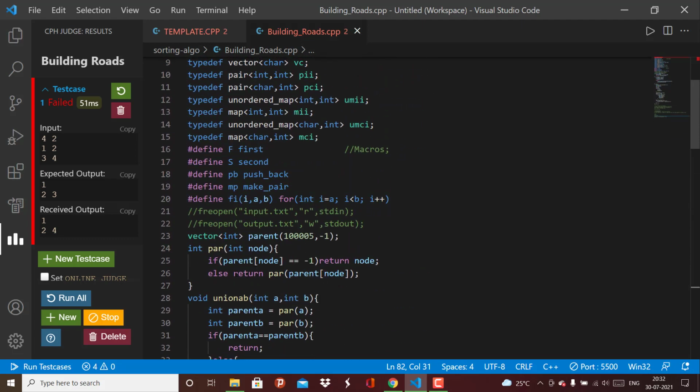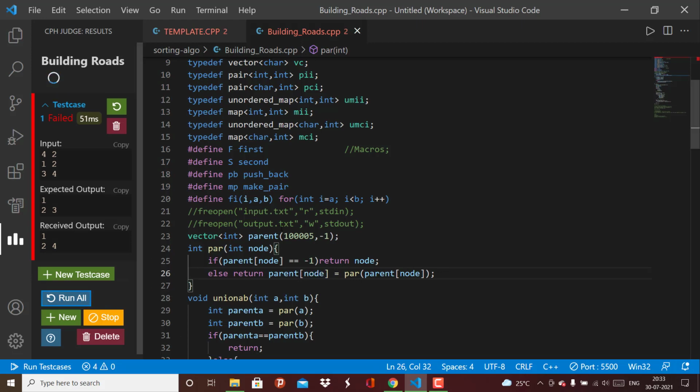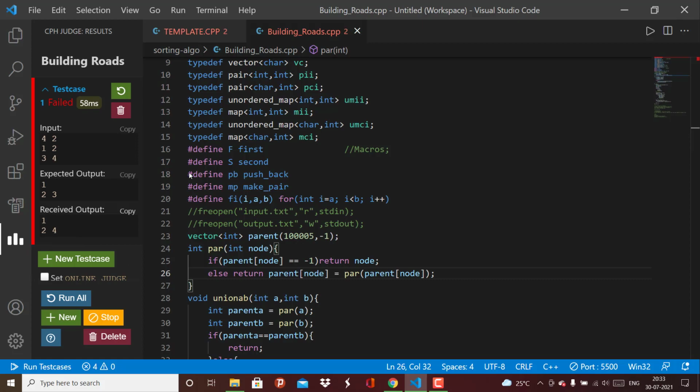So we just need to do one thing. In the else, we return parent of node equal to parent of node, that is, we assign the result back. This will do everything for us. Okay, so we got a right answer here.